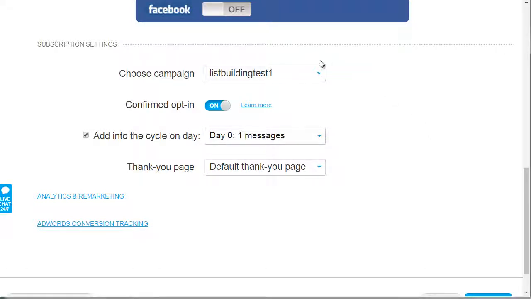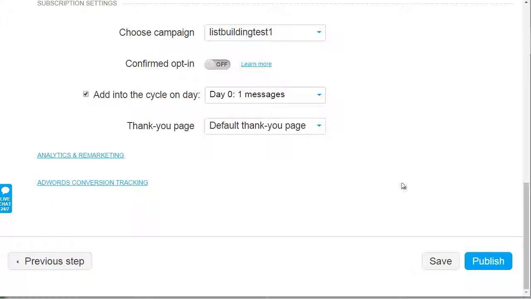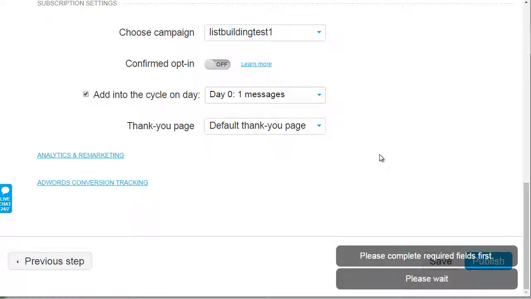you'll notice at the bottom that it allows you to choose your list campaign. So you can simply choose the list. If you want double confirmed opt-in, you select that on. If you don't, you select it off. And then you select the thank you page if you want the default or the custom thank you page. And then you set your message, and that's it. And you're pretty much good to go. You click on publish,